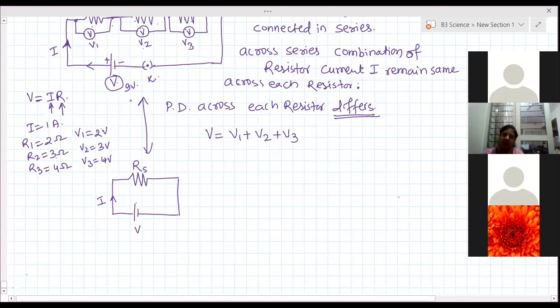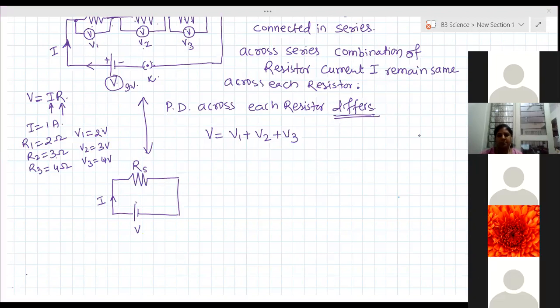So this circuit and this circuit, both circuits are the same. The only difference is that in the first circuit I have connected three different resistors. Whatever resistance they are providing, here I am using only one resistor providing the total of the resistance of these three resistors. Clear? Yes, ma'am. Are you able to understand this point? What I have done? Yes, ma'am.